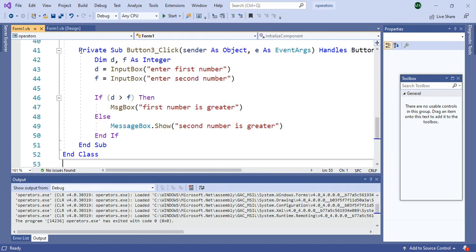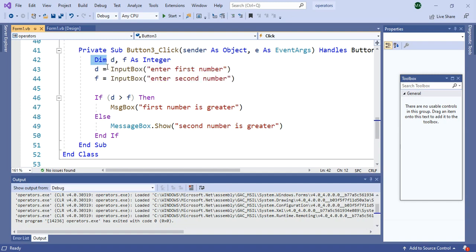Now in VB.NET, how to declare a variable? This is the declaration of a variable. How to declare a variable using the Dim keyword. Dim is used for declaring and assigning a memory location to those variables. Variable names are given just next to the Dim keyword.